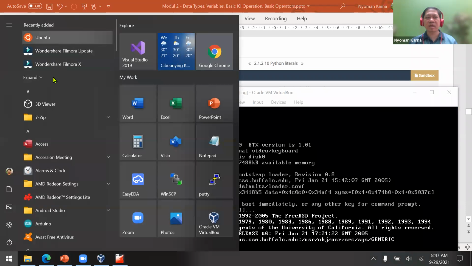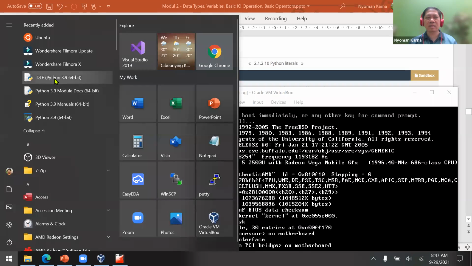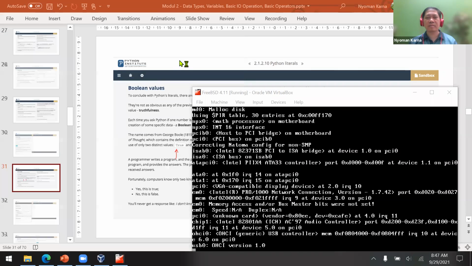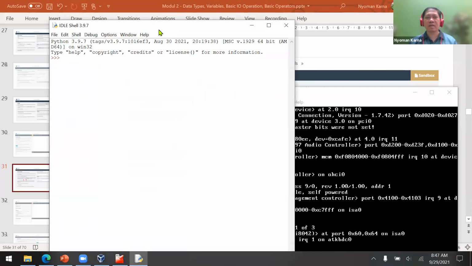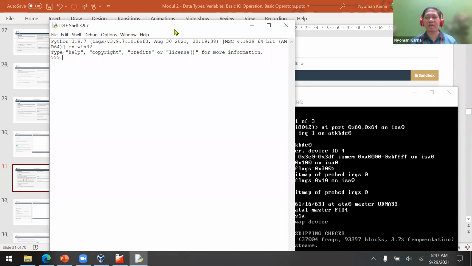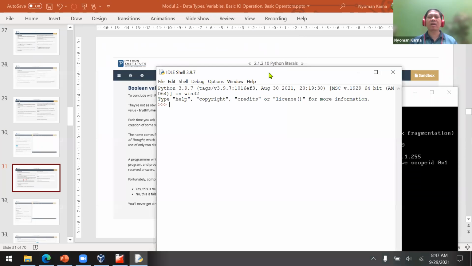For example, like this. This is the IDLE shell for Python. I want to create a variable called a, and I want to put an initial value of, for example, 2. And then I just enter it.